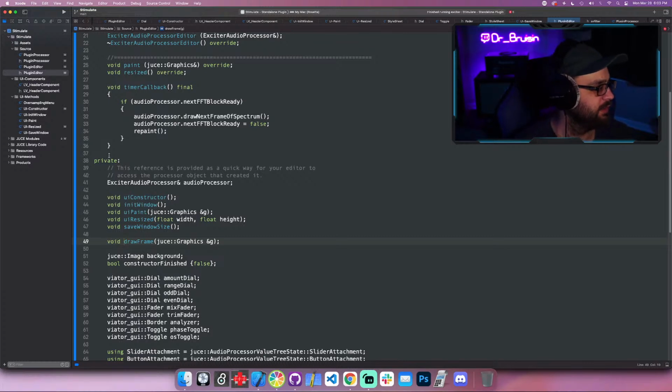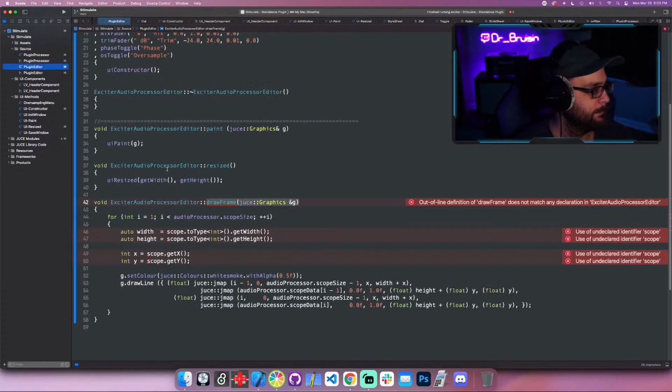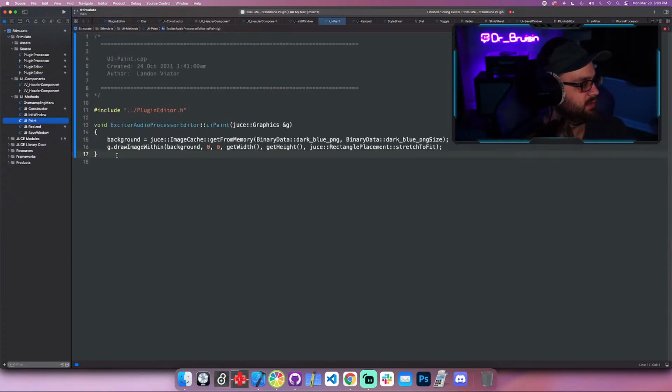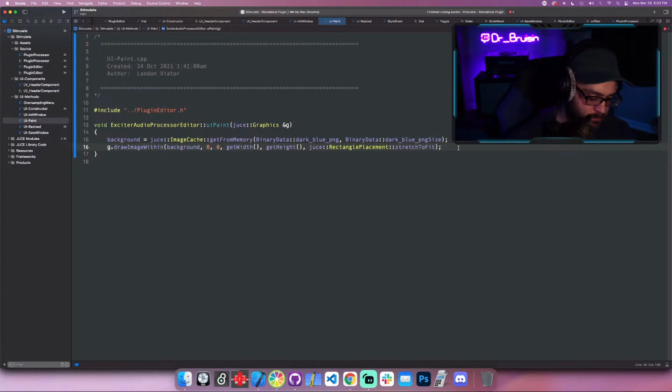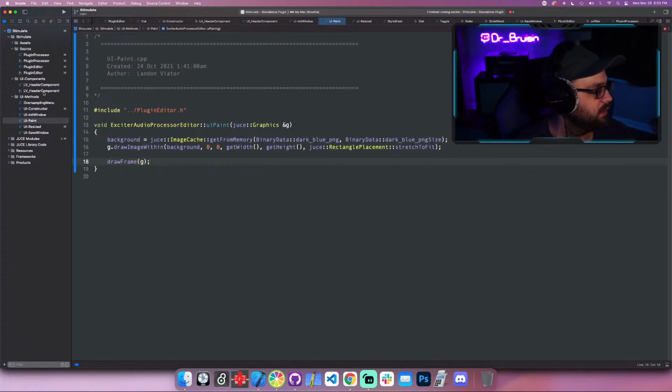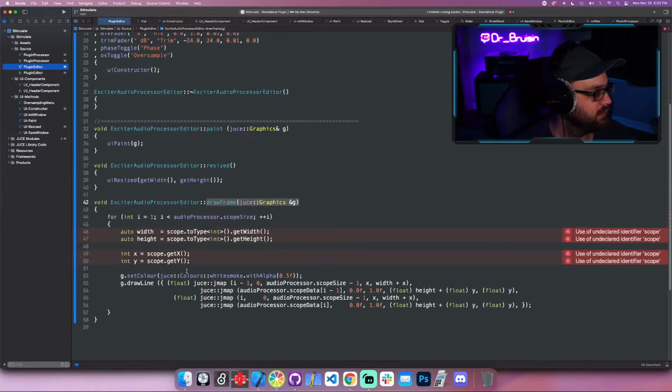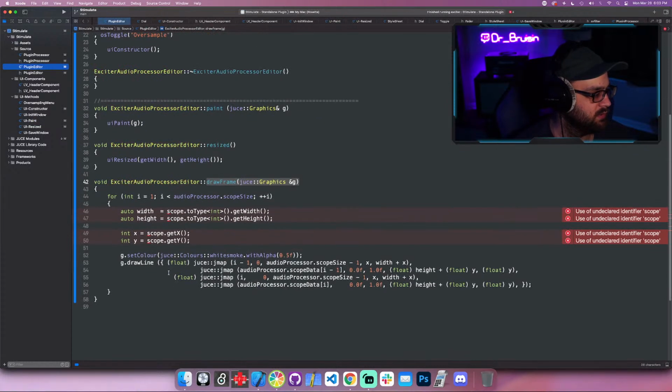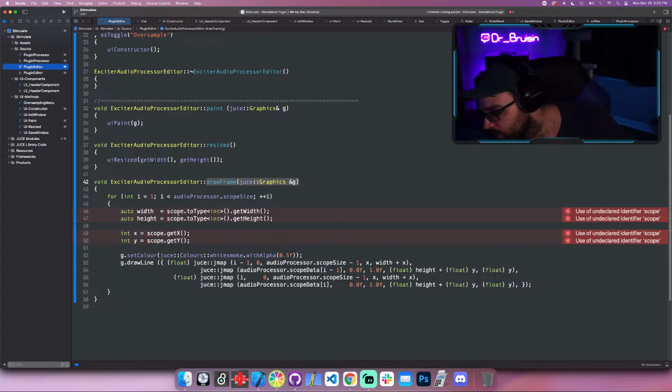Void draw frame. And then we do that in paint. So I'd go here and I'd say draw frame G. And then where is it actually putting it? Here, whatever this scope is. So I need to change that to, oh, I just wanted it to tell me if they have a